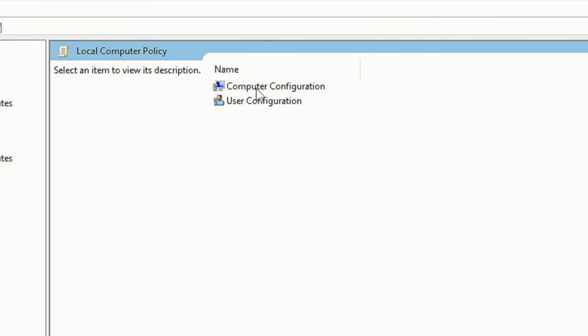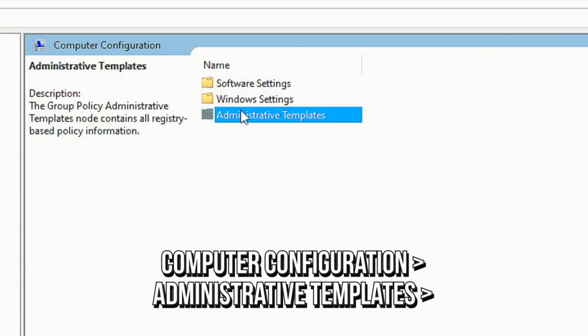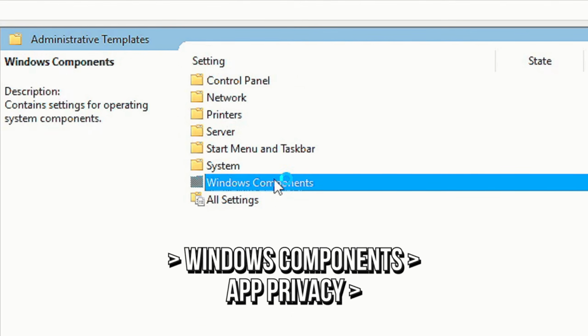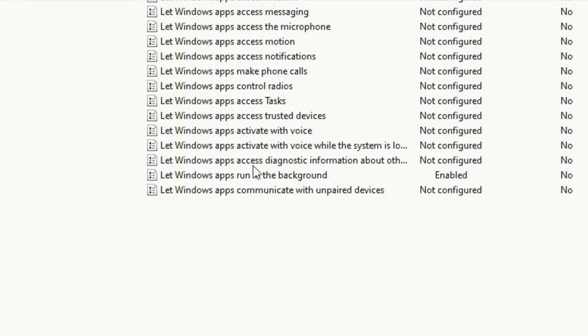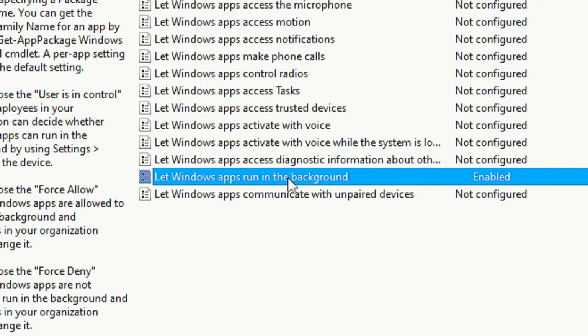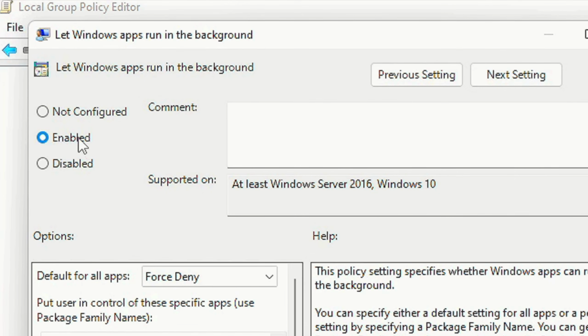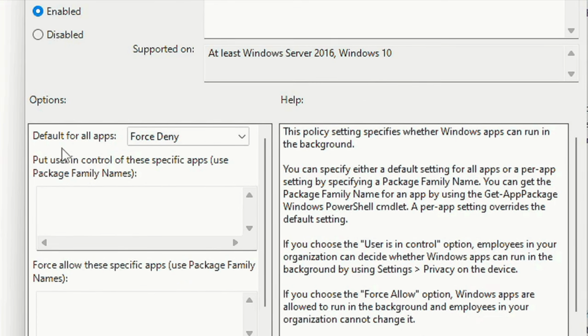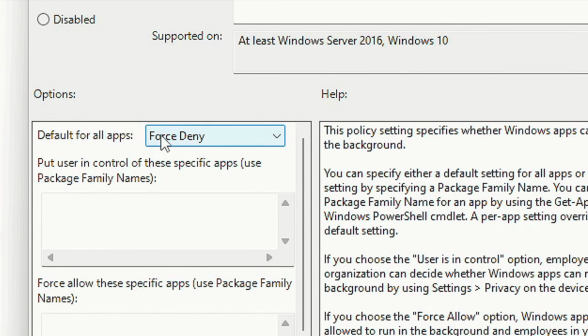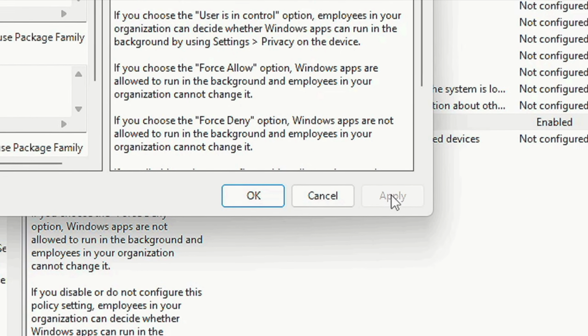After that, navigate to Computer Configuration, Administrative Templates, Windows Components, and then App Privacy. Now double-click on the option Let Windows Apps Run in the background, then check the option Enabled in the upper left corner. Now in the option Default for all apps, select Force Deny, and lastly click on Apply and OK